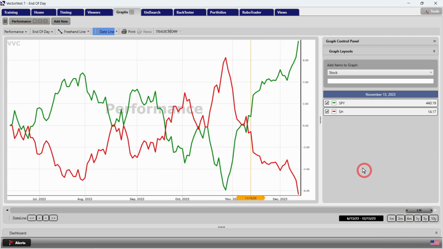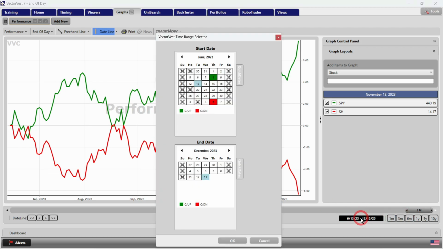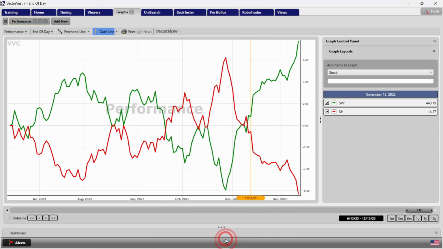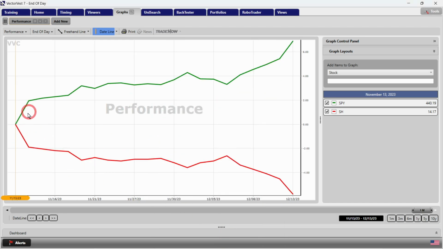And again, 6 months, you can see where the crossover occurred at about November 13th. I can come to the date calendar and just bring the date up to November 13th. And we can see that from that crossover, we're up just over 6%, almost 7% on the SPY from there. So a very quick way to track the momentum and trend of an index in this case, or a sector,